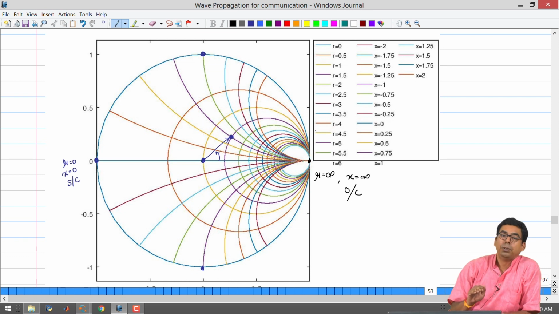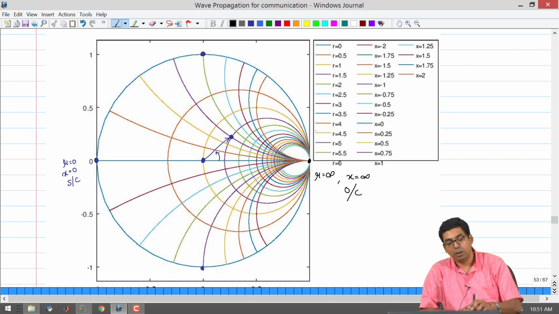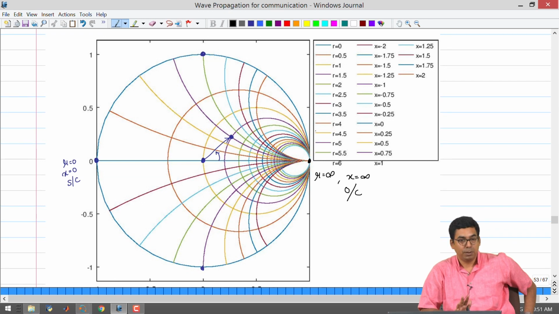But for now, you should know not only how to use the Smith chart. The objective was that you make your own Smith chart so that you get a feeling for what the chart actually is. It is just gamma plane and you are marking different load impedances and load admittances. Okay. So, the first effort is to make your own Smith chart, then only you understand what is going to be happening with respect to your admittances and reactances. Now, what we are going to be doing is we are going to use this to do impedance matching using some different techniques. Okay. So, we will meet in the next class for this.